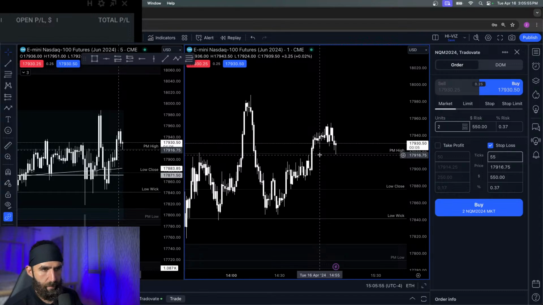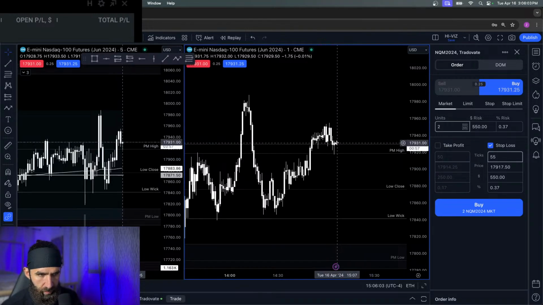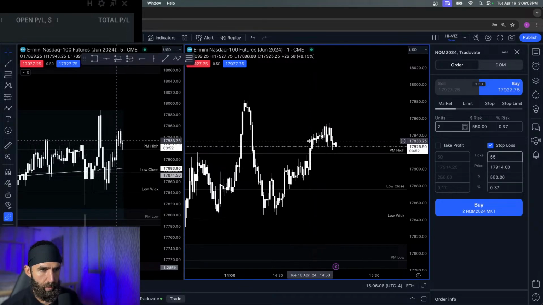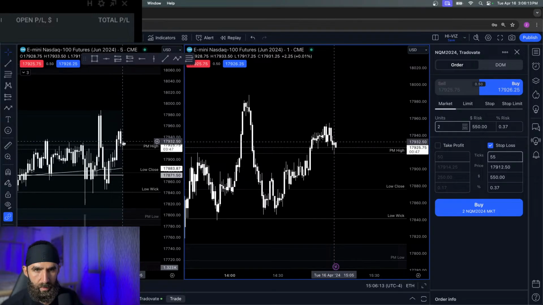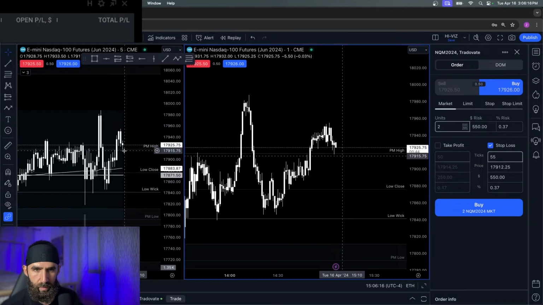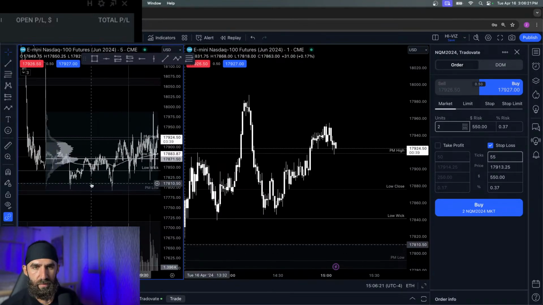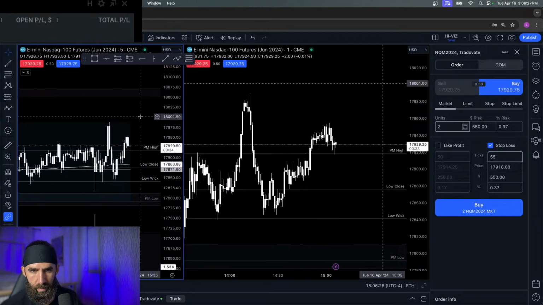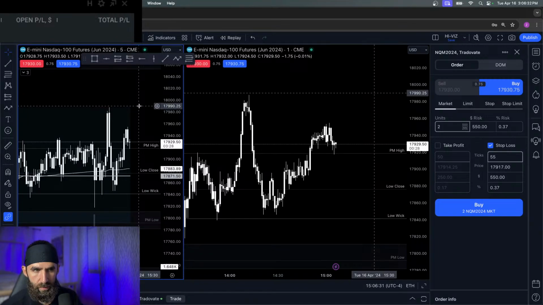Right back down, tapped this high, cleared the little area that I was looking at clearing, and now maybe it pushes back up. I'm not so convinced. I think this thing's going to kind of trickle down back into this. This is not a lot of momentum, bunch of consolidation, and now a slow trickle back down. On the 5-minute, just really unconvincing price action, maybe coming back down into this zone towards the high volume area, towards the VWAP line. Not great for structuring risk or taking a trade just yet, in my opinion.